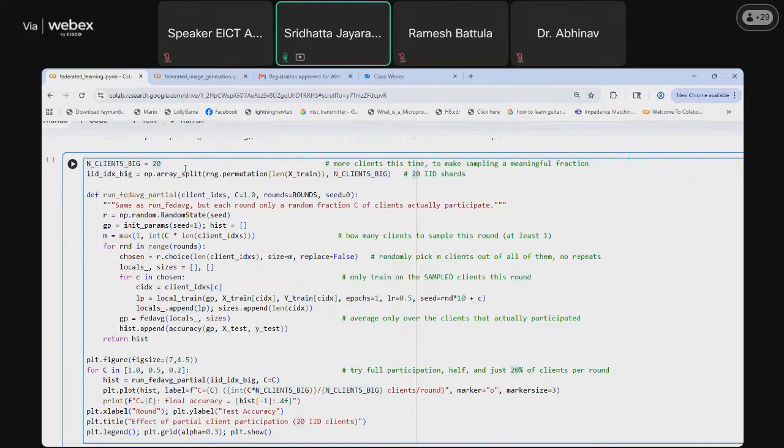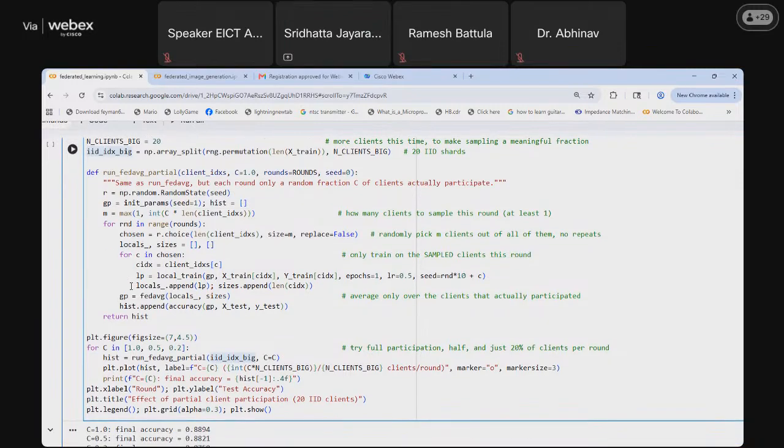and then we will divide the data in an IID form, in a totally randomized way of allocating it. And then we will be running the Fed average algorithm.